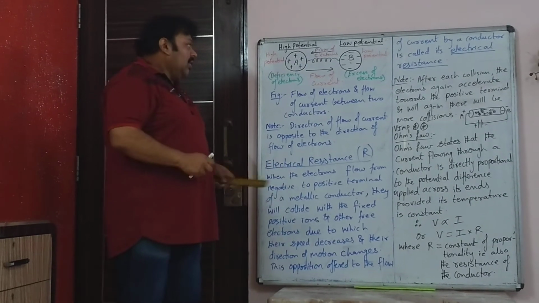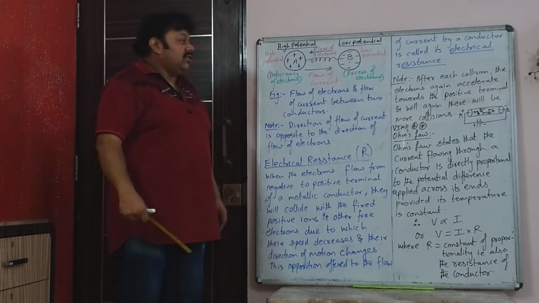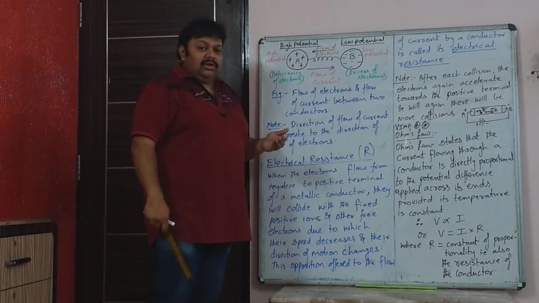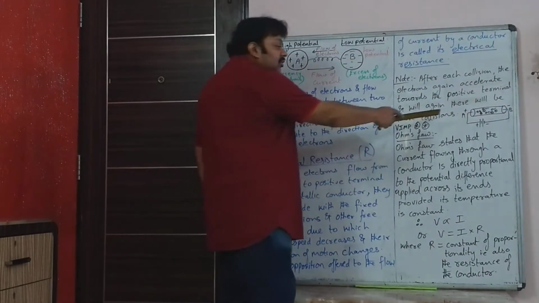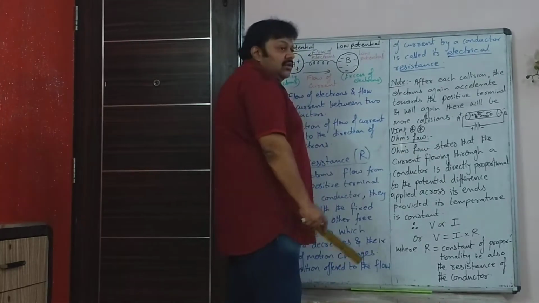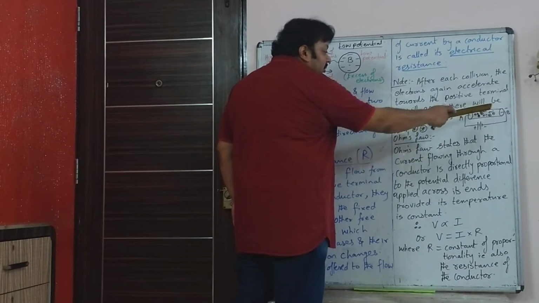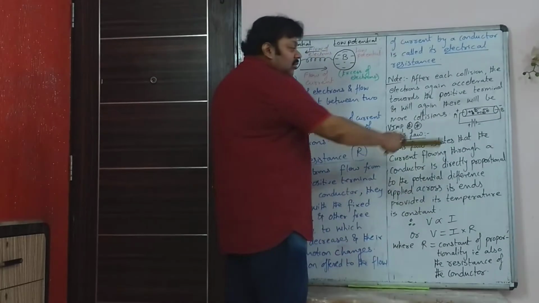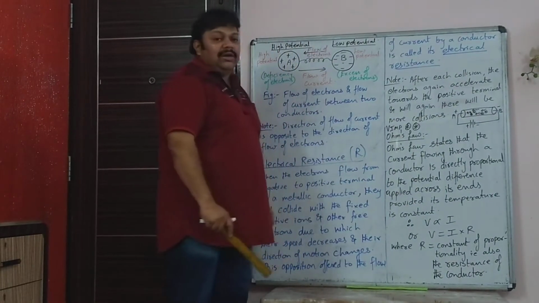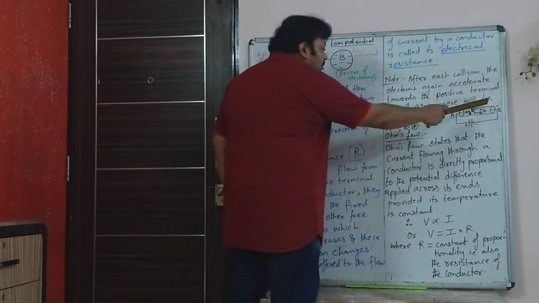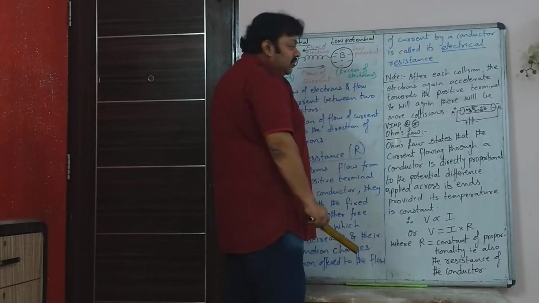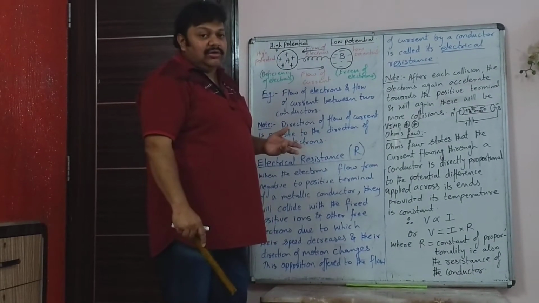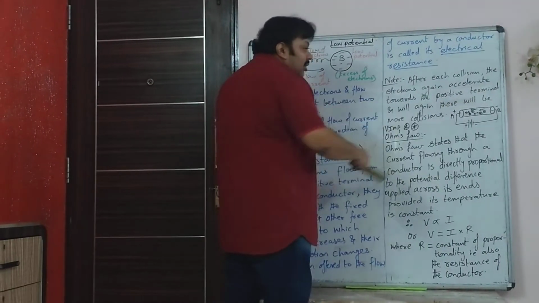So now we will see what is meant by electrical resistance. Earlier you had seen what causes the flow of current, and you know that when there is a potential difference applied between the two ends of a metallic conductor AB, one end is at positive terminal, other end is at negative terminal, because you have connected a cell or a battery. So the electrons will flow from lower to higher potential, and because of the flow of electrons you have flow of electric current. Now the electrons are not alone in an atom.